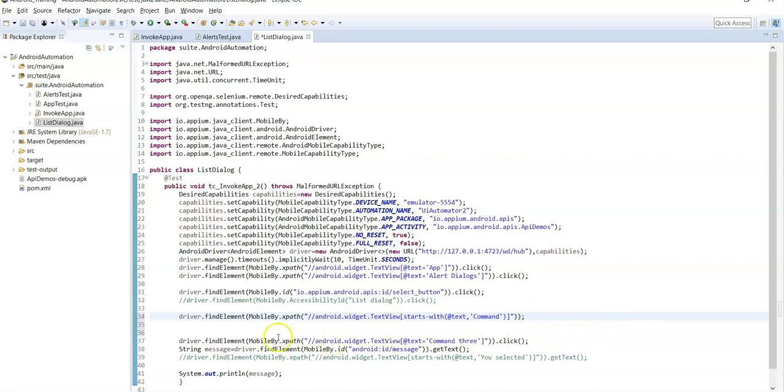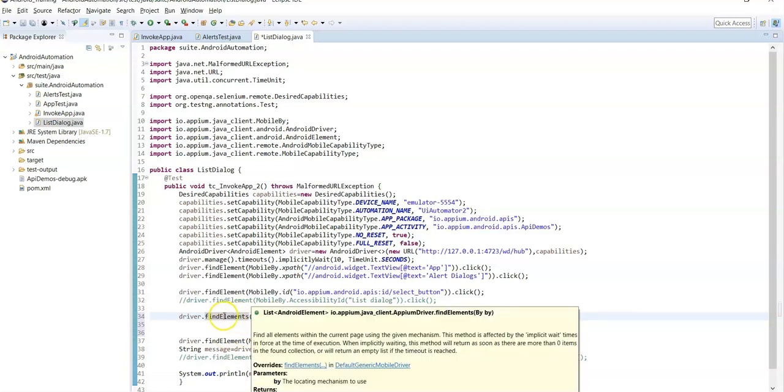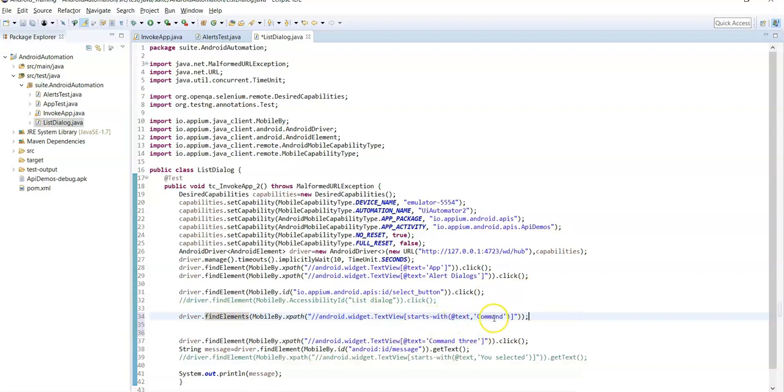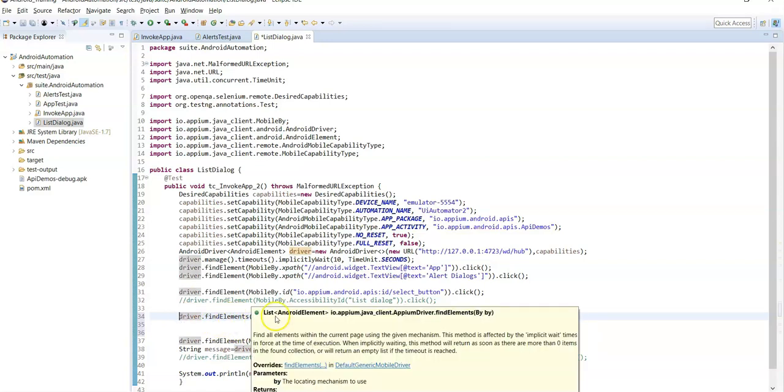Okay, but here we need to call the findElements method, right? So driver.findElements, and place the XPath. So it returns a list of Android elements matched with this XPath. So here there are 4 Android elements matched with Command. Okay, now it returns a list of Android elements, right?